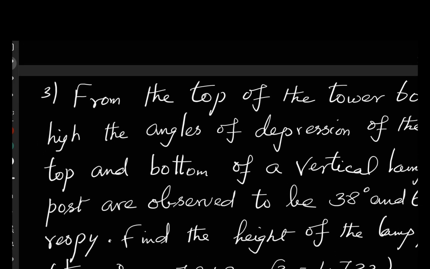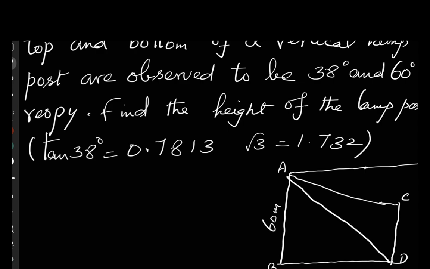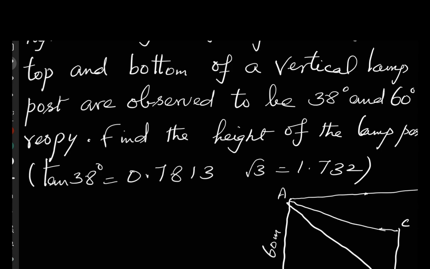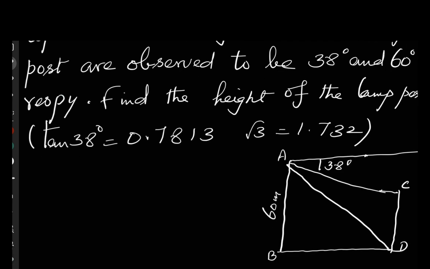From the top of the tower, 60 meter high. The height of the tower is 60 meter. So his normal site is here. He is looking both the top of the lamp post and also the bottom of the lamp post. So the top of the lamp post, the angle of depression is 38 degree. Here this is 38 degree. The bottom of the lamp post is 60 degree. Here the bottom